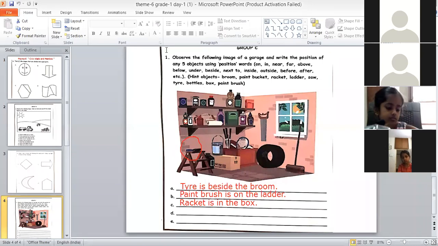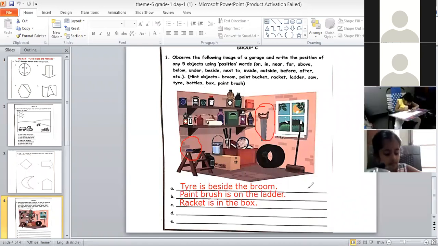Yes, Dhruti, can we say this? That clock is hanging on the wall, no? So this saw is also hanging on the wall, yes or no? Yes. Okay, fine. So what will be the sentence now? Saw is hanging on the wall. What we will say? Saw is hanging on the wall. Yes. Now, children, we can write here.